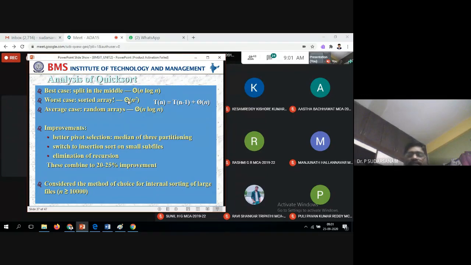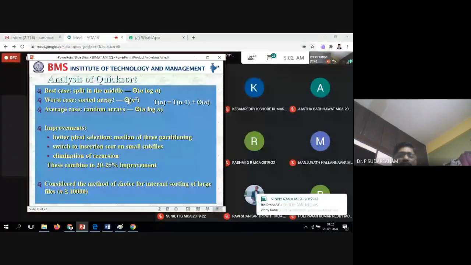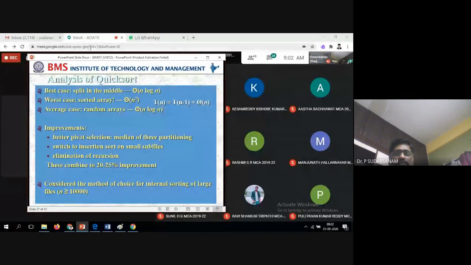The best case is nothing but in the middle. So function f of n is equal to 2 into t of n by 2 plus n. So a is equal to 2, b is equal to 2. The master theorem holds, that is called n power d log n. You have to remember that, that's it. I don't have the master theorem now, but you should remember that, then only you will be able to write the equations. So mathematics without practicing, you cannot do it, I'm telling you. You need to practice it. So average case, random numbers, is nothing but theta of n log n. So the best case also the same thing, worst case also you will be writing the same.